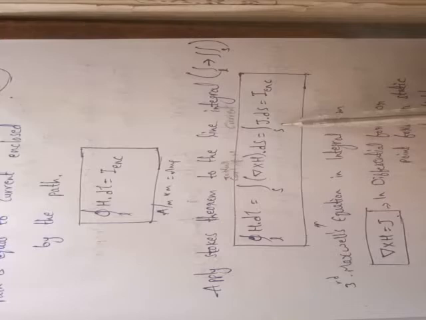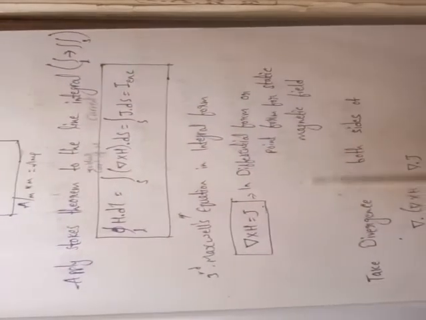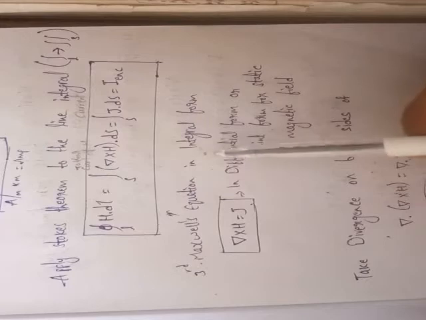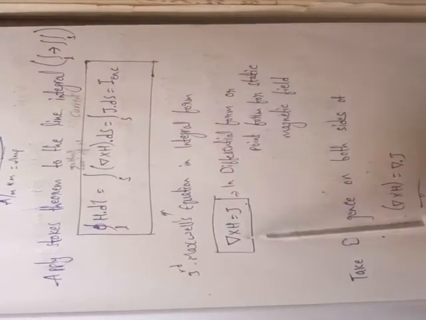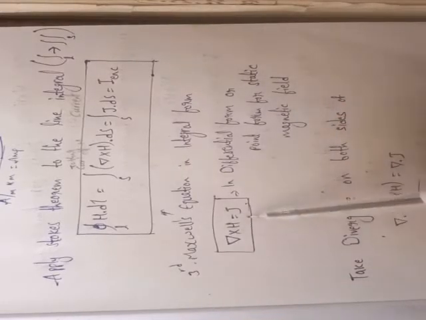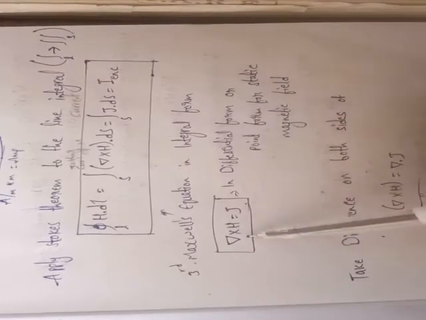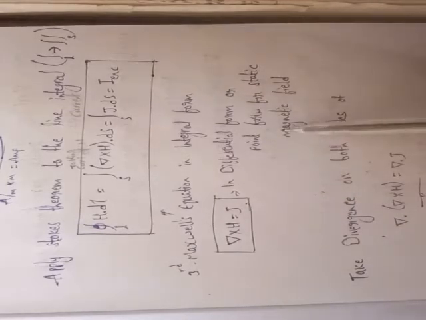Then the current can be given as the surface integral of J dot ds is equal to I enclosed. This is nothing but the third Maxwell equation in integral form, and del cross H is equal to J is the differential form or point form